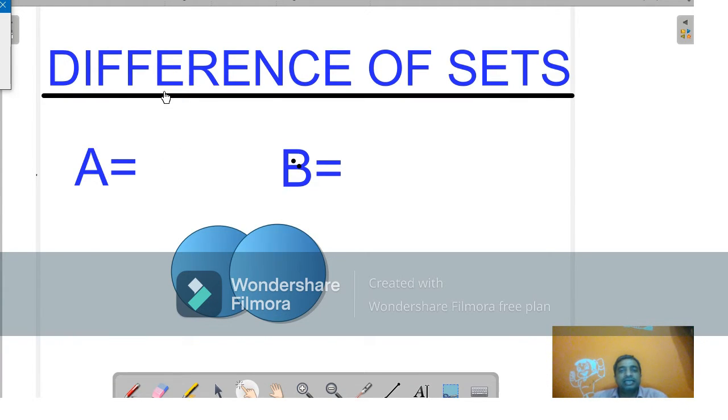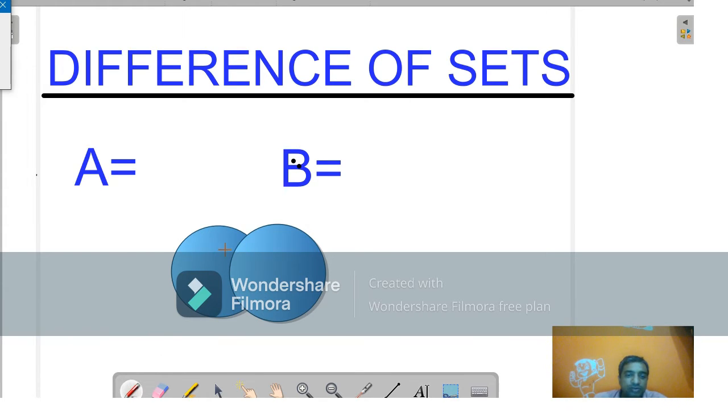Now, difference of sets. So what is the difference of sets? This difference means from A you remove B. Till where are we removing? Some part of A is also being removed. You cut it, and then only the remaining part is left. If a fruit is there and you cut a part of the fruit, then the remaining part will be the result. So here also, the part which remains is the result.